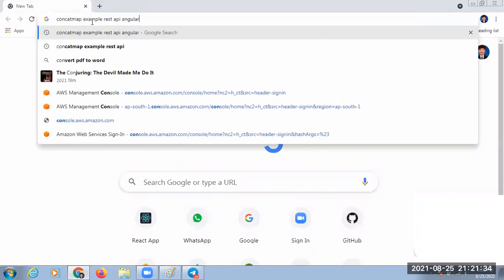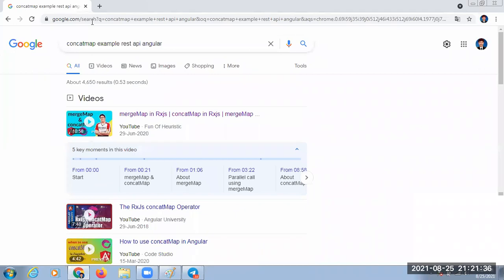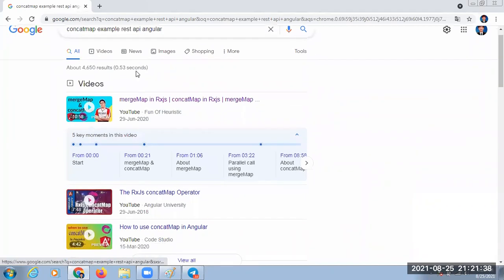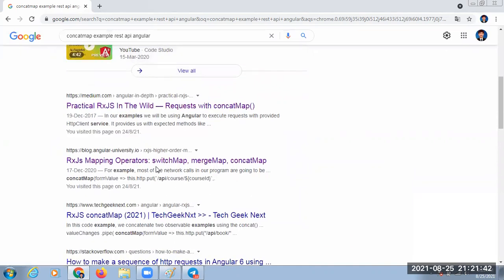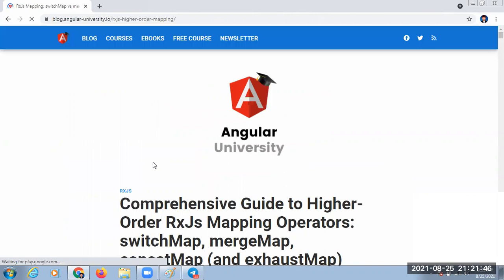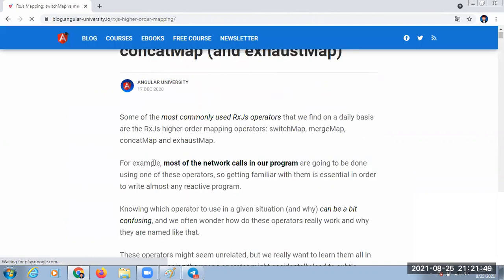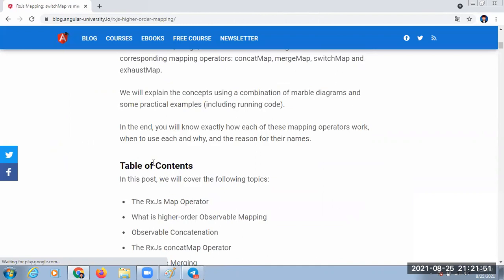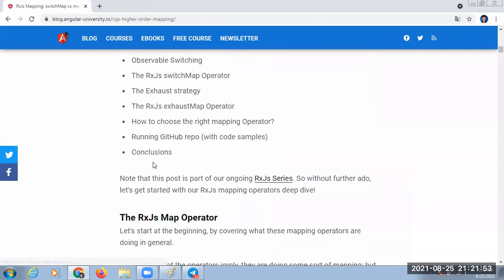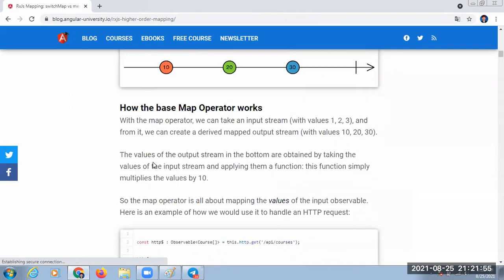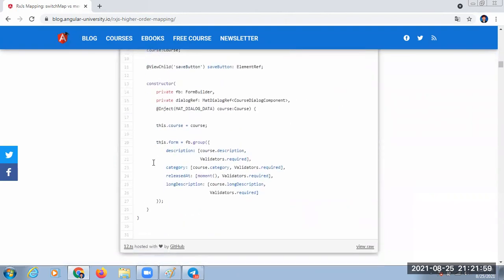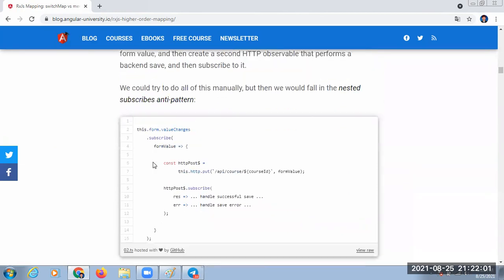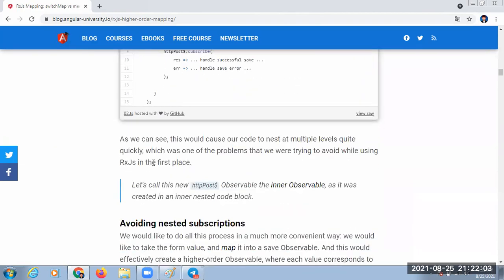Concat map example. A little bit horrible, guys. It's not easy. A little bit horrible code.